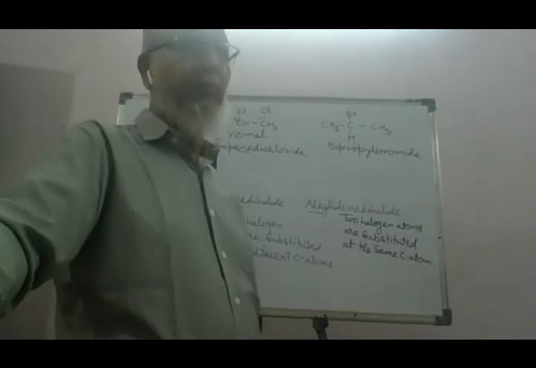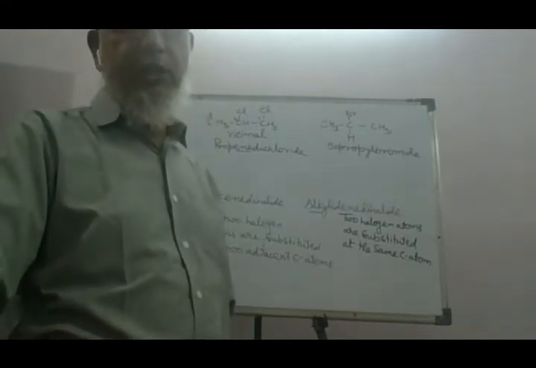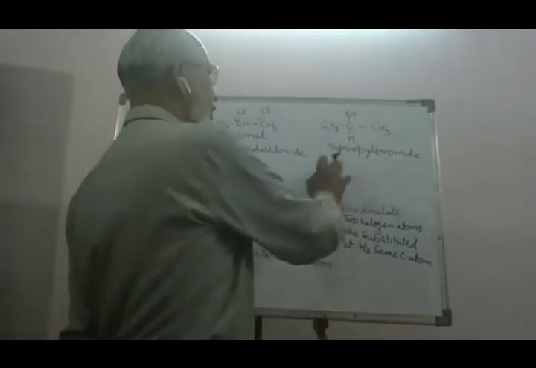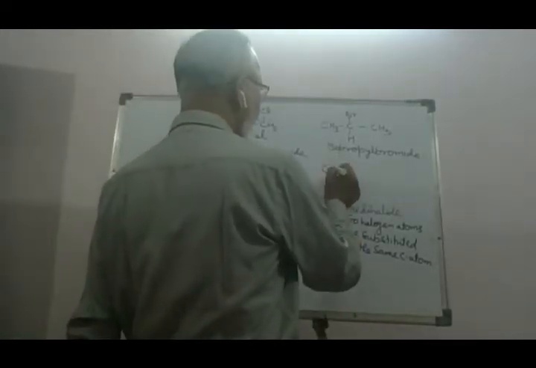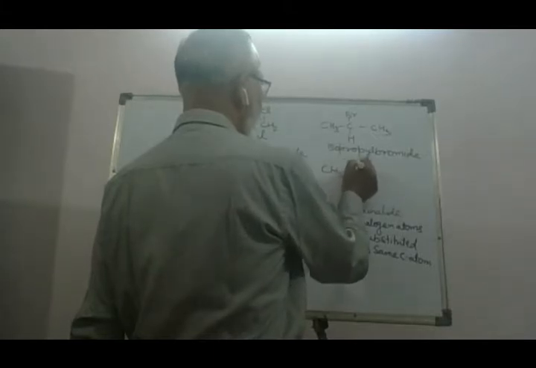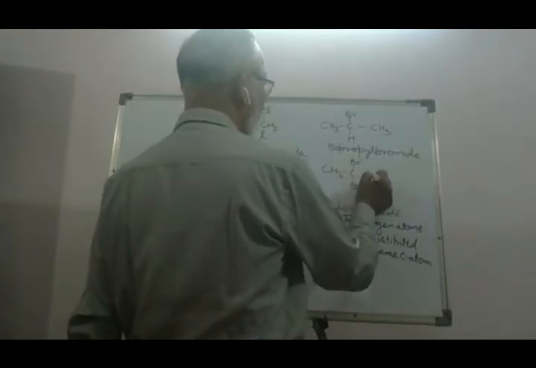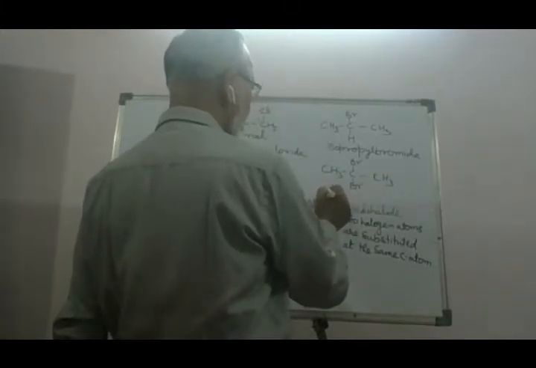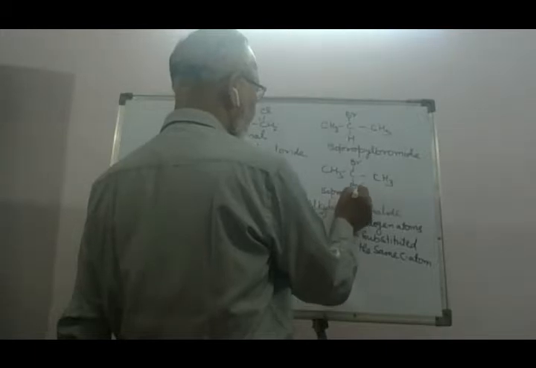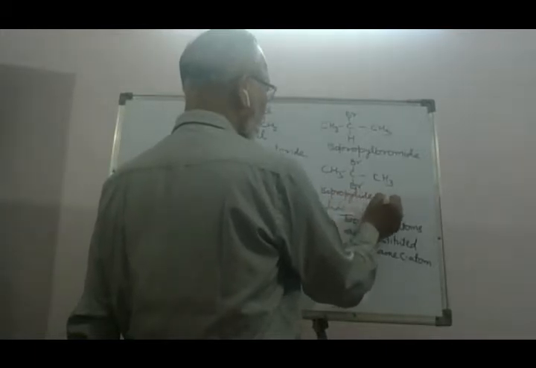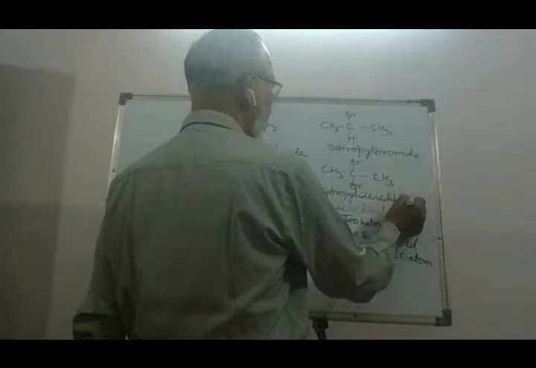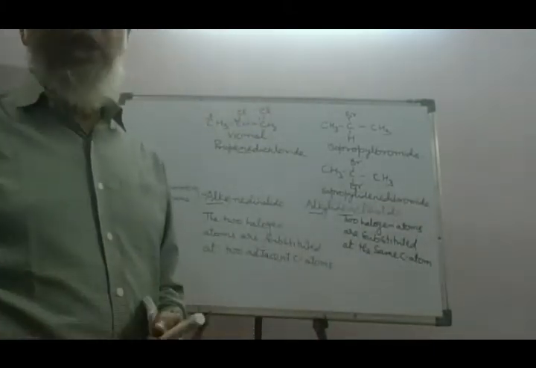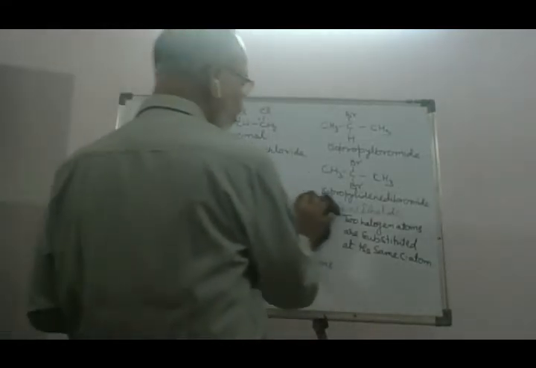while in other cases containing 4 or more than 4 carbon atoms, the secondary and iso terms are used in different cases. So if it is isopropyl bromide and if it becomes a dihalogen derivative, that is gem, then this compound will be named as isopropylidene dibromide. It may also be called secondary propylidene dibromide.